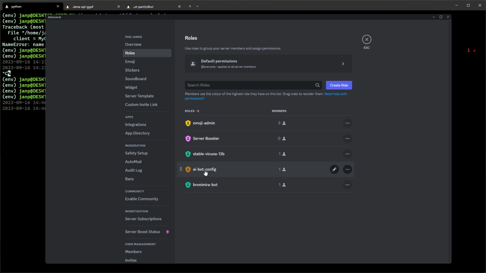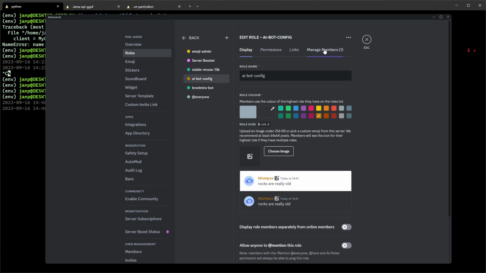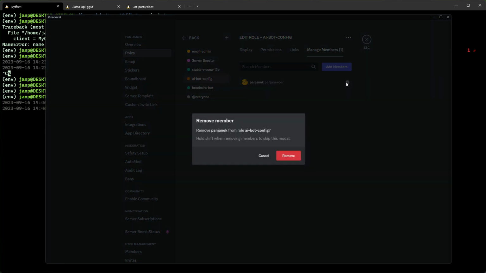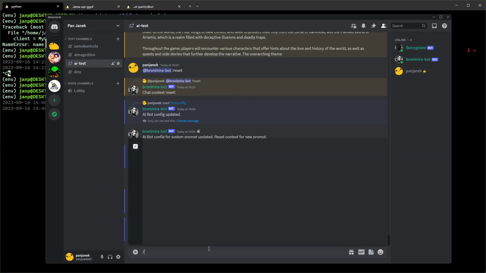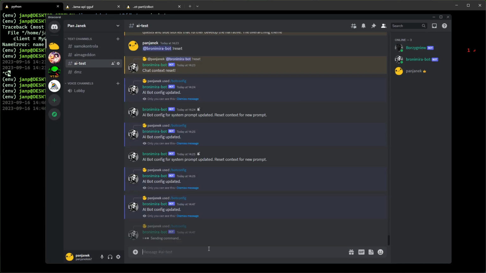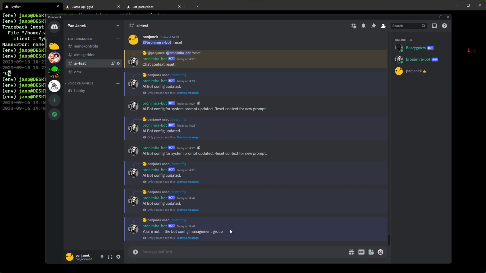We have the AI bot config group. You can just create a role here. You can call it whatever you want as long as the name matches what's in the code. Specifically in that case, I'm going to manage members, remove myself from that group, and let's try that again. So bot config. And now I'm not getting the modal, instead I'm getting a message, you're not in the bot config management group, but